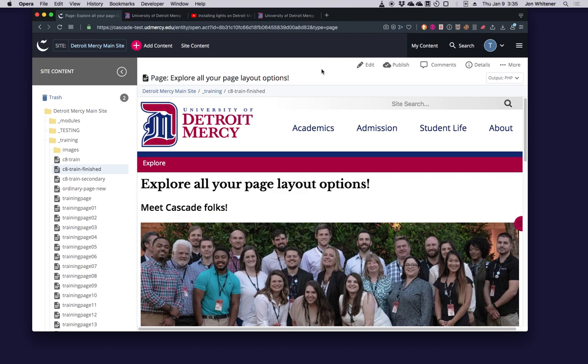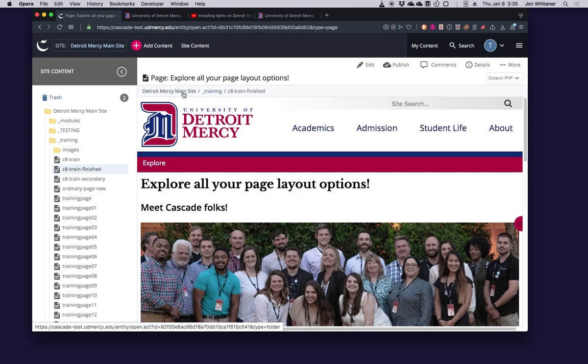A couple real quick things that I haven't mentioned previously about the interface here. You'll notice right here where it tells you where you are and what you're looking at. It gives you the icon and the type of asset you're looking at, and it gives you the title of the page. Just below that, you see something that's a lot more like the path, similar to the URL of the page.